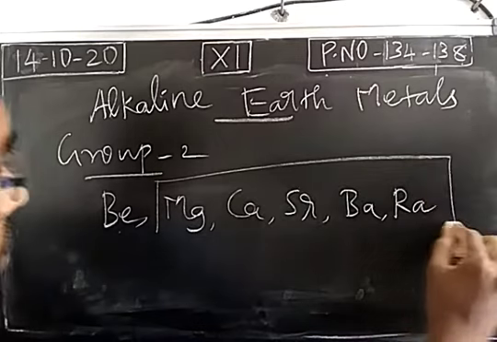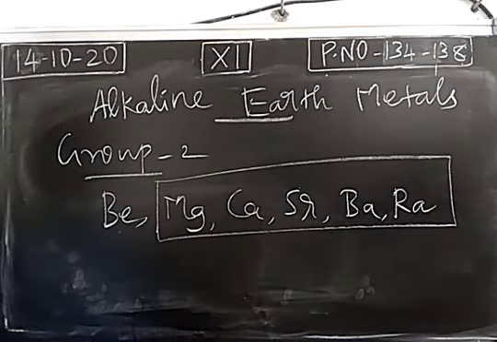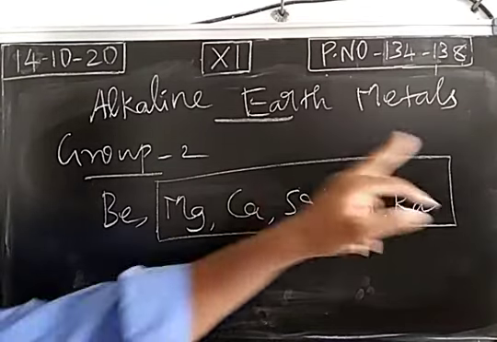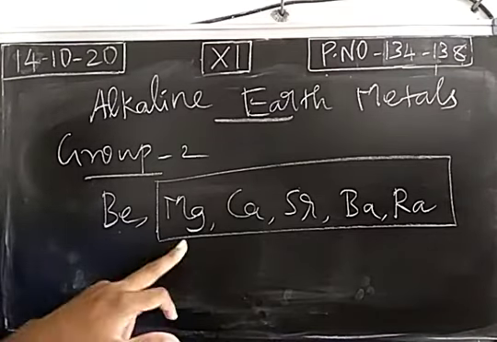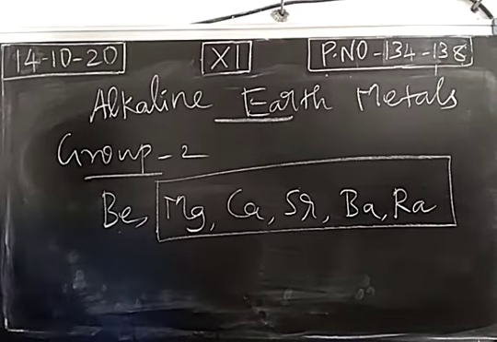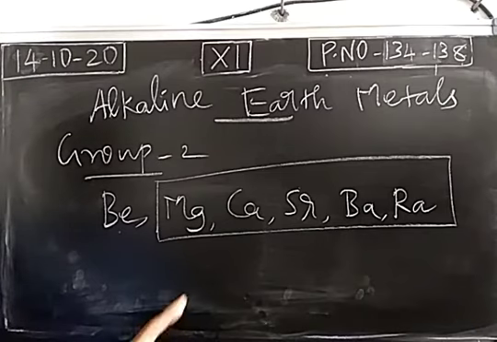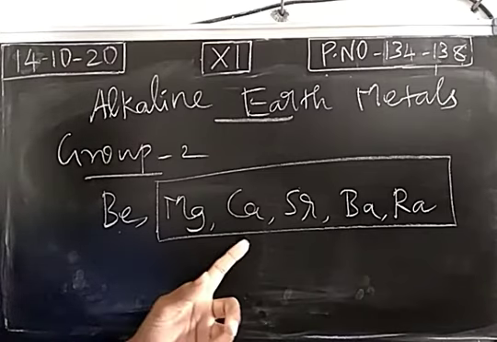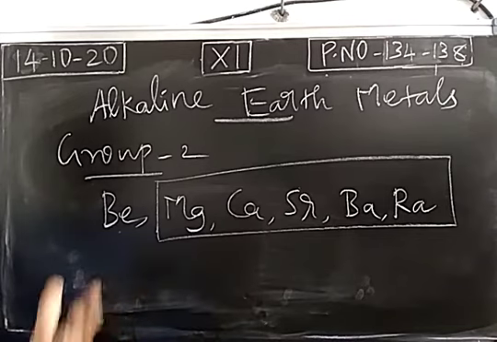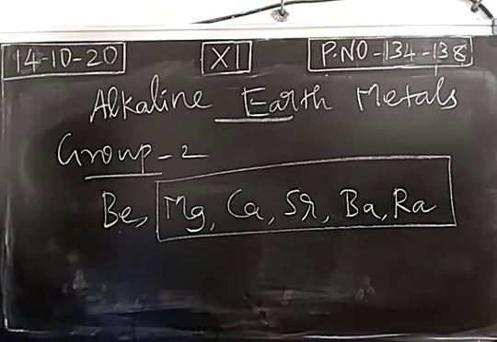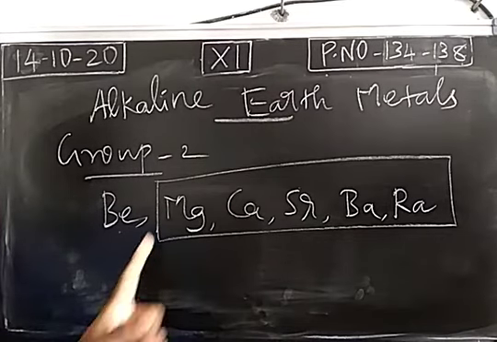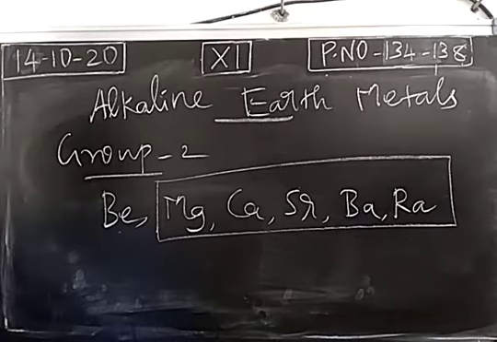Except beryllium, the remaining 5 elements are called alkaline earth metals. Okay. When we take these elements, their oxides and hydroxides are alkaline in nature, basic in nature, so we call them alkaline. Magnesium hydroxide and magnesium oxide, in the same way calcium hydroxide and calcium oxide. So their oxides and hydroxides are alkaline in nature. Then why do we use the word earth? The ores of these metals are present in the earth crust. So they are called alkaline earth metals.